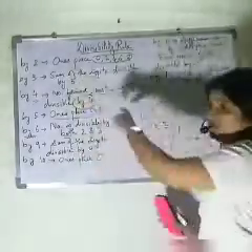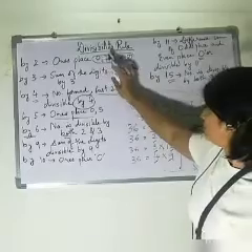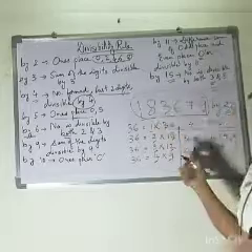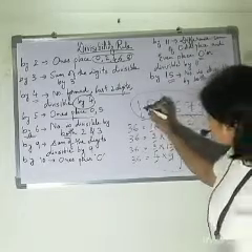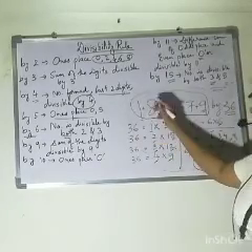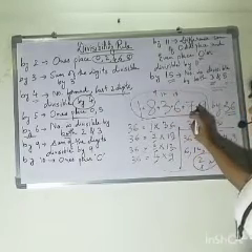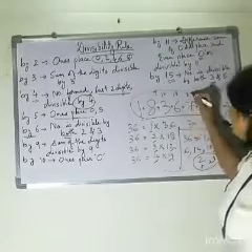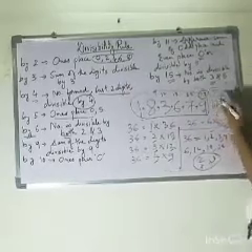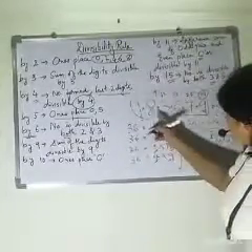So again we need to remember the divisibility rules for 2 and 3. For 2, the ones place needs to be any of the digits 0, 2, 4, 6, 8. It's not there. That means this number is not divisible by 2. For 3 we need to add the digits. Let me put plus signs over here. 8 plus 1, 9. 9 plus 3, 12. 12 plus 6, 18. 18 plus 7, 25. 25 plus 9, 34. Does 34 come in 3's table? No, it doesn't come.